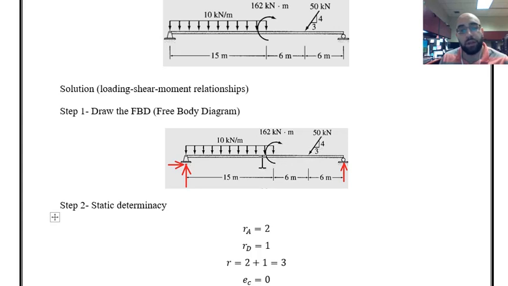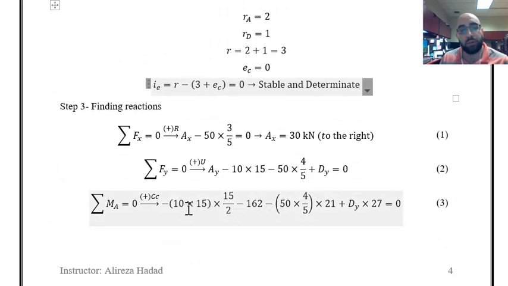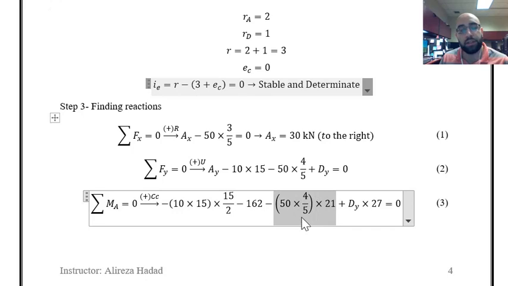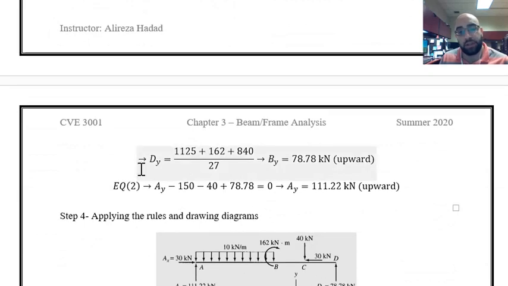This moment should be exactly or directly included in the equation, and the moments because of this distributed load. They are all mentioned over here. You can see the term because of distributed load, coupled or concentrated bending moment. This is the moment because of the vertical component of that inclined load or force, and the moment because of the reaction. Solving the equation, we can find the reaction at D